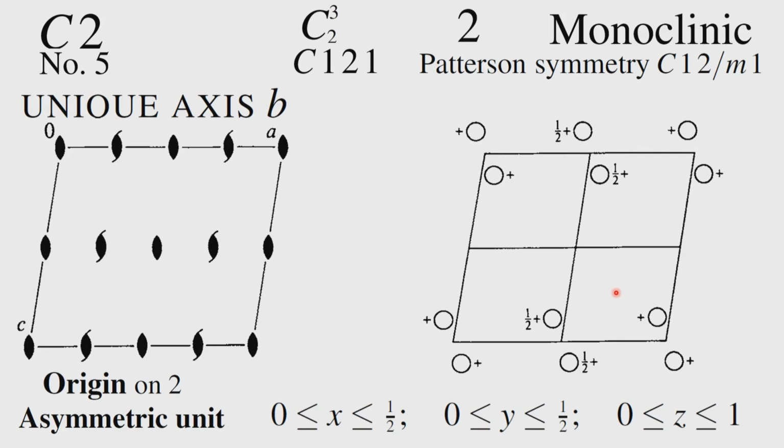and this is something which tells us the way in which we have to now choose the so-called asymmetric unit. You see the asymmetric unit dimensions are given below here, and this asymmetric unit therefore gives 0 less than or equal to x less than or equal to half. So, x, which is this one, we take only half this distance, and along the y direction we take only half the distance. So, this fellow will not come, and then along the z direction we take the full distance.